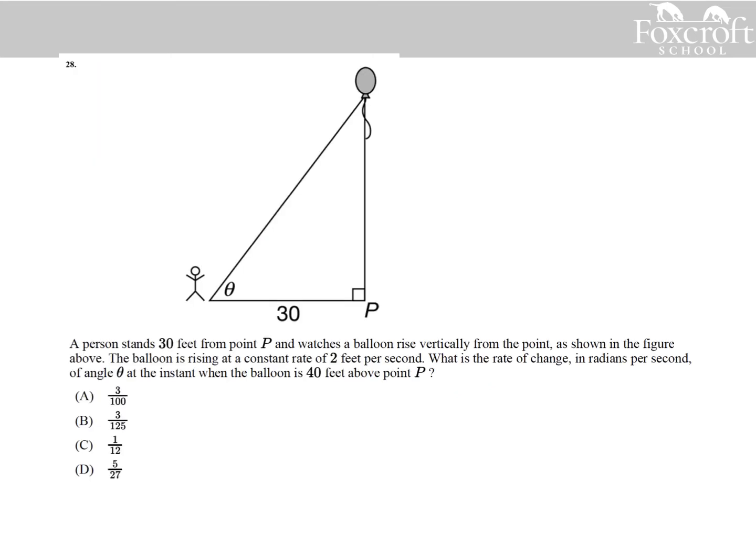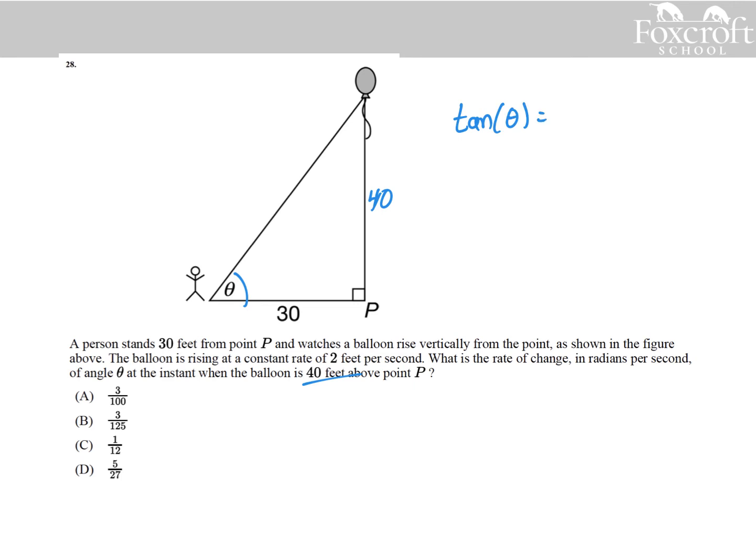A person turns 30 feet from this point. Right, we want to know what is the rate of change in radians per second of the angle. All right, so first we need to figure out some equation that's going to relate the angle in this picture. All right, well, we know something about this side, and it's 40. All right, so we're thinking about angles and sides of a right triangle. We have tangent, so the tangent of this angle